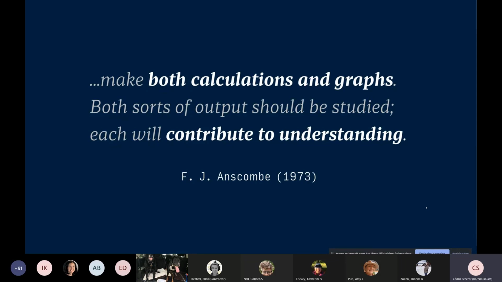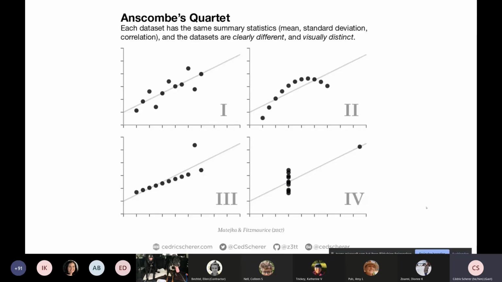And why I'm pulling up Anscombe here. Anscombe is quite famous for Anscombe's quartet, which is a set of 4 data sets which have the same summary statistics along the 2 variables, x and y, with regard to the mean, the standard deviation, and the correlation of these 2. And as you can see, also the fitted regression lines look the same. But you also see that the data sets are quite different.